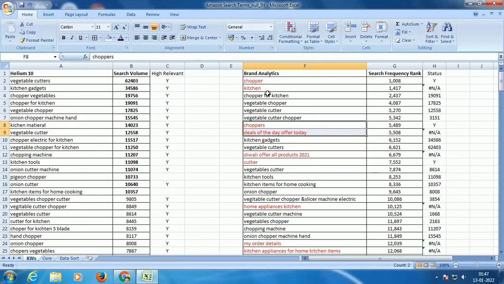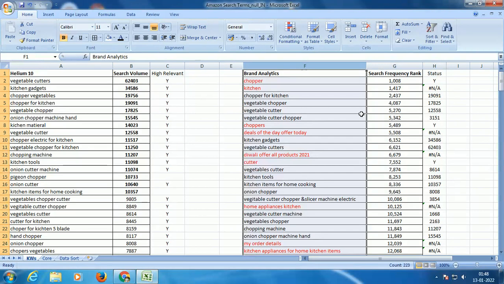Now, in order to build our product title or bullets or backend search, we are going to make use of both the data sets, because both the data sets are really important. On one side, you have got search volume from a software tool; on the other side, you are getting this data directly from Amazon. So I do not want to ignore this data set. So we are going to combine both the data sets, right? Both the data points, one from Helium 10 and the other one from brand analytics. We are going to merge both the data sets.